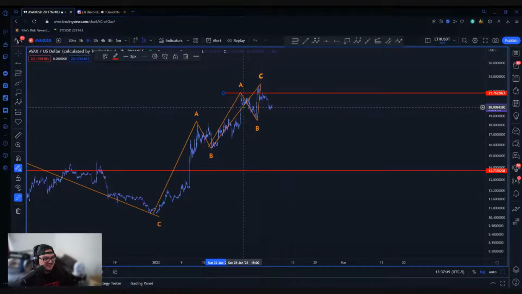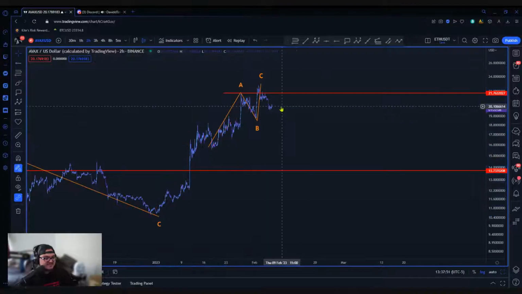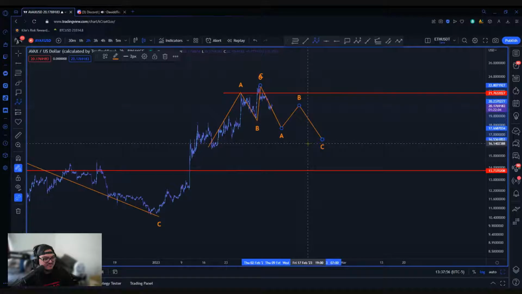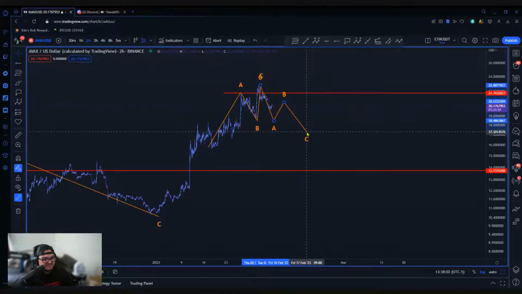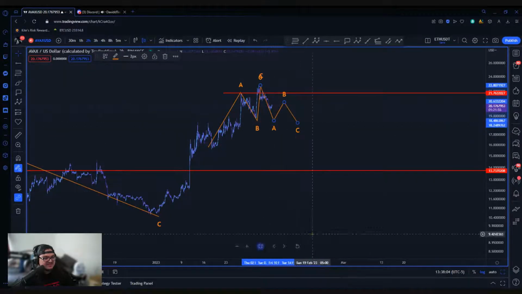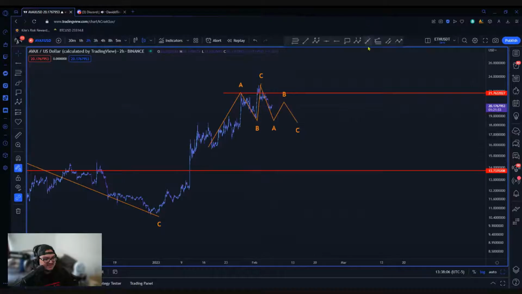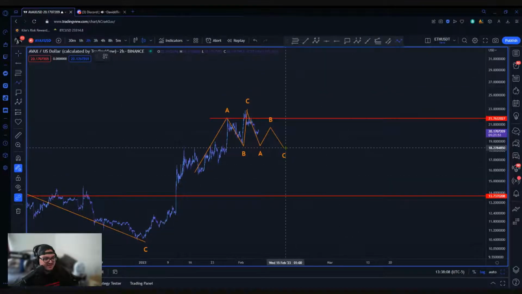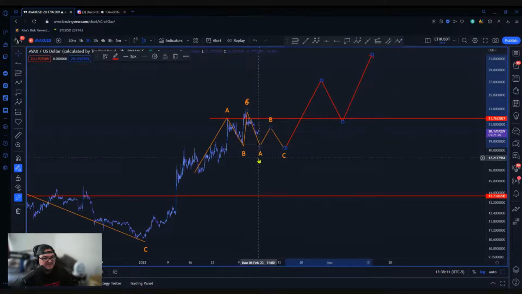Ideally, if you want to get into AVAX and try to ride it to the upside, we've got to look for a decently sized ABC, not significant, but decent. Something, at the lowest, maybe like this, where we can possibly put in a reversal and try to continue higher. We'll have to see how that plays out.